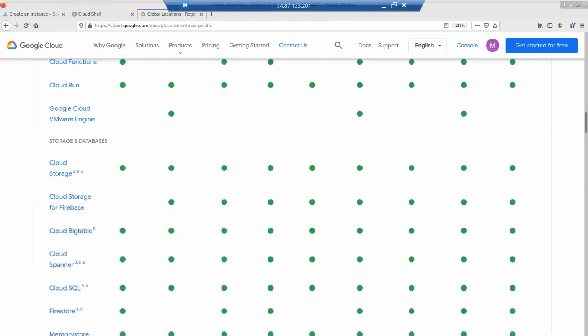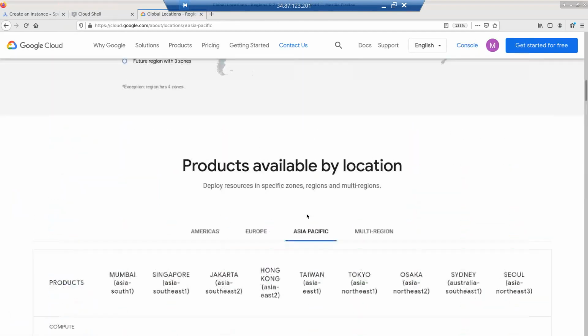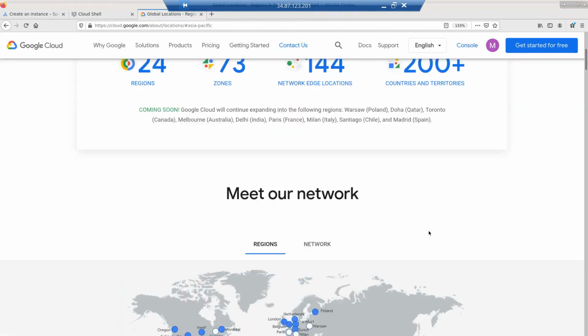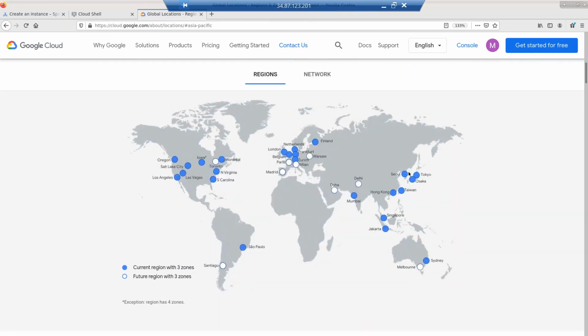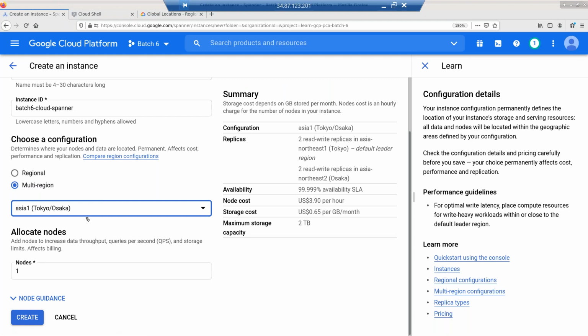So if I just go to my, it's basically in Japan. So there are two regions. Soon, I guess, in India also you will have two regions. Delhi is going to come soon. I'm not sure when. When it comes, there's a chance that we may have a multi-region, or at least a dual region in very simple terms, in Spanner instances. So the one which you have is Tokyo and Osaka in